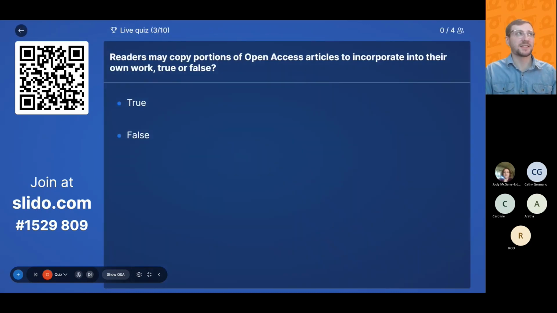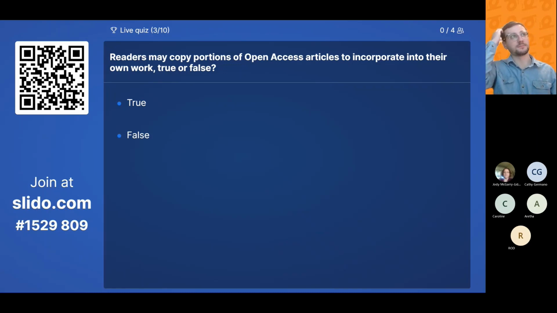All right, question 3. Readers may copy portions of open access articles to incorporate into their own work. True or false?